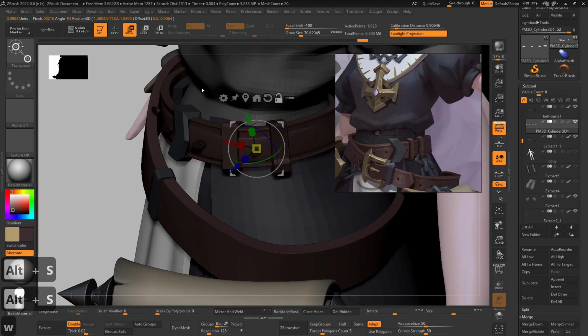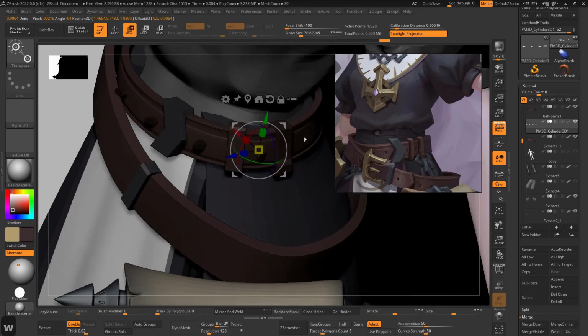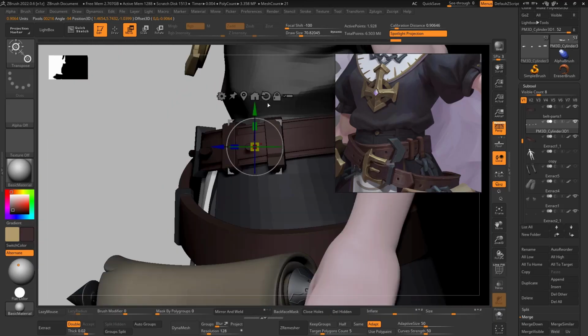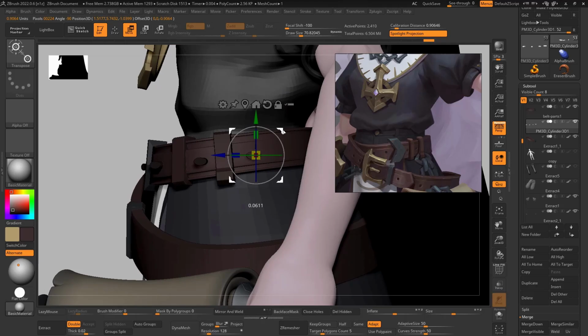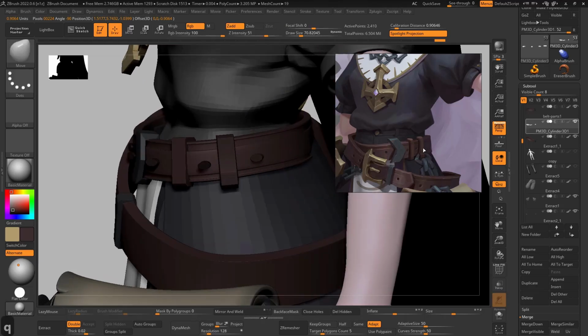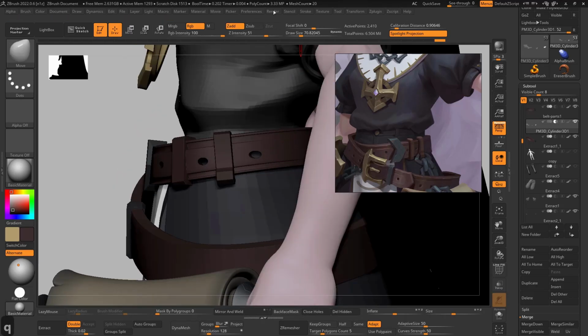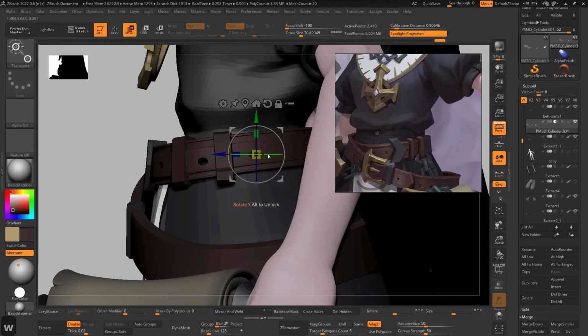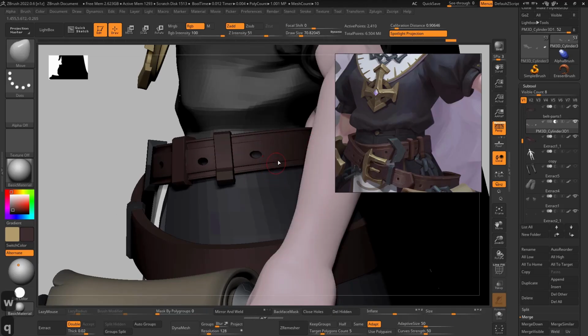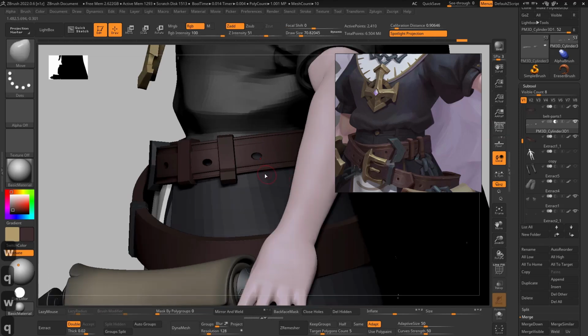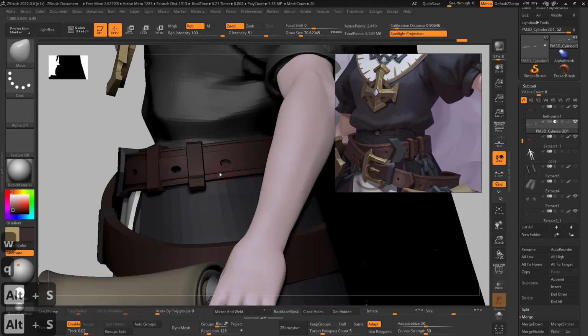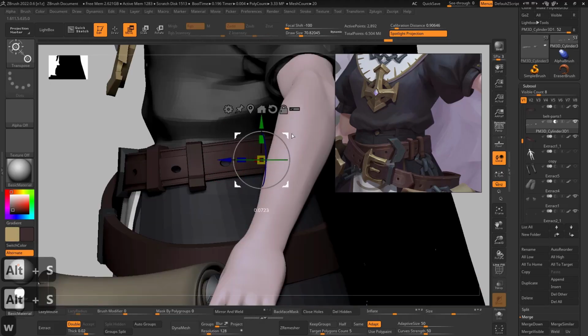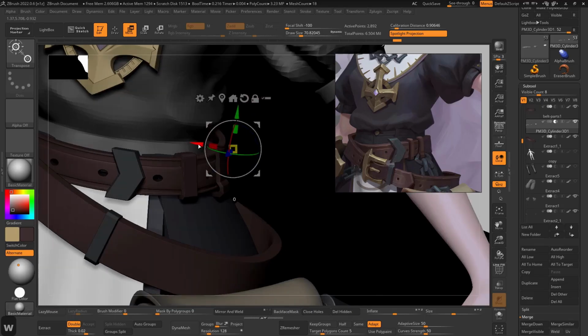So let me click on this icon, reset here, and move in front a little bit. I can press Ctrl to duplicate this object here. If I want, I can keep the boolean render active. I will select this icon. Here I will rotate a little bit. I can turn off the perspective. And if I want, I can press Ctrl again, move a little bit more in front here,